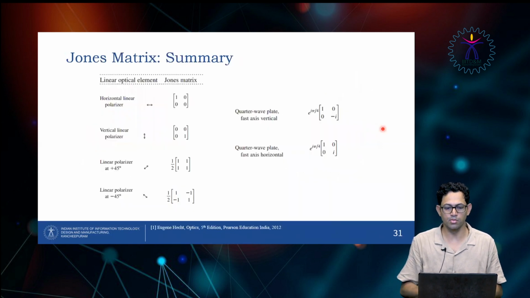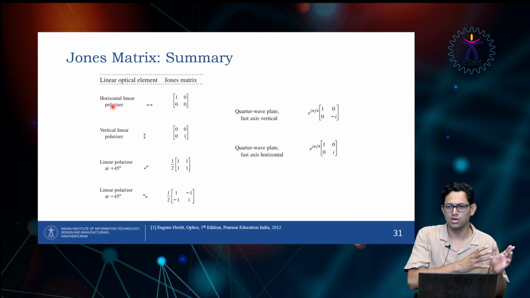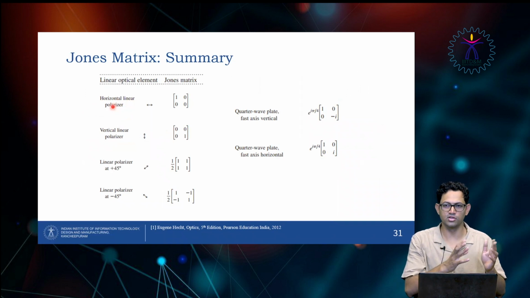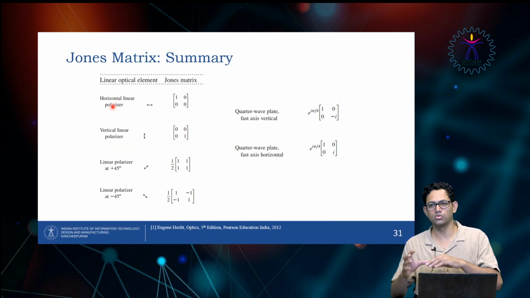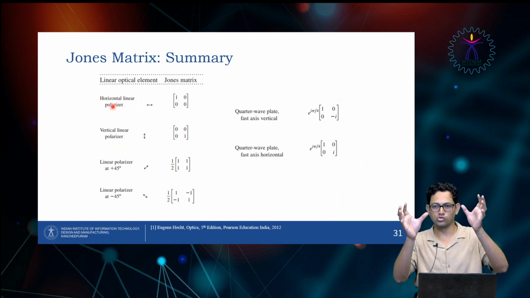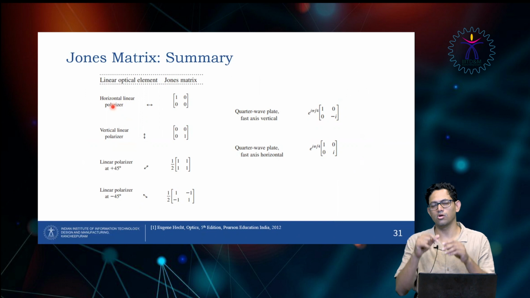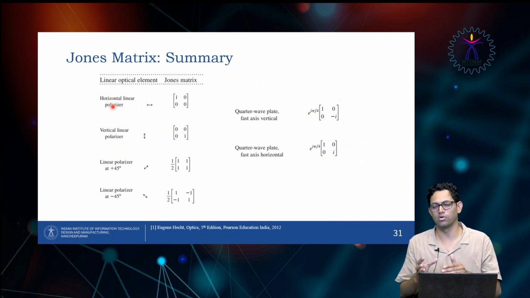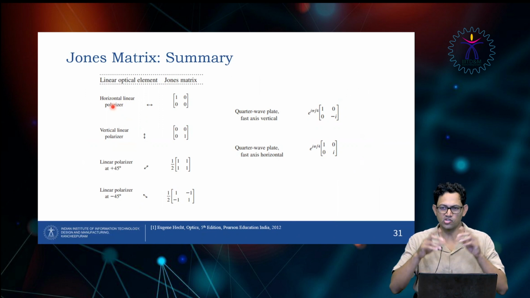So that's the summary of the Jones matrix. First we talked about Stokes vector to define any state of polarization. Then we went to Jones vector, an alternative approach for the state of polarization. Now we talk about the elements, like X polarizer, Y polarizer, half wave plate, quarter wave plate. Each of them has a particular